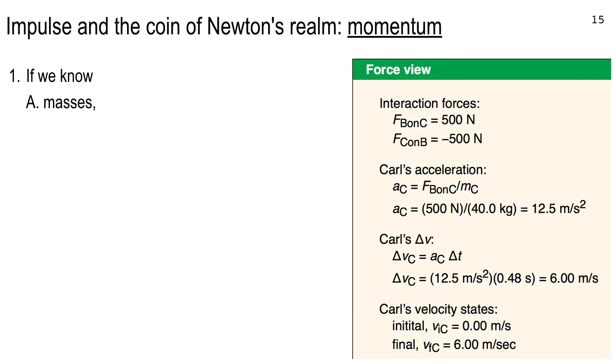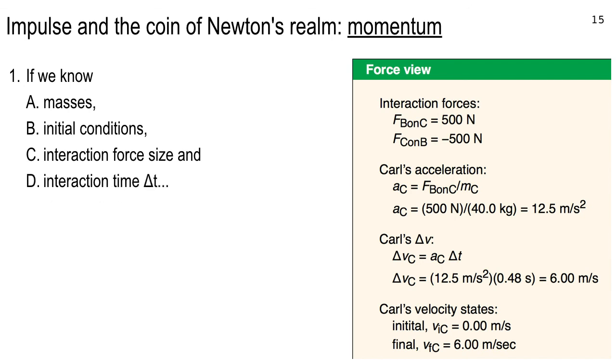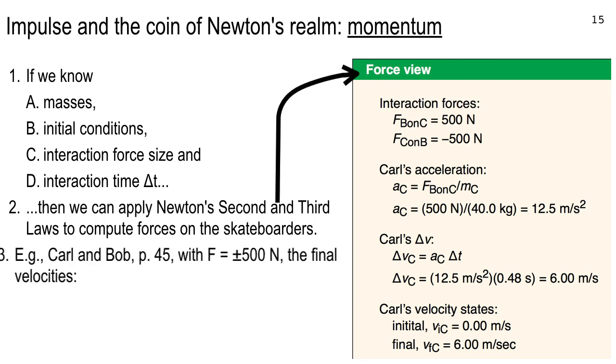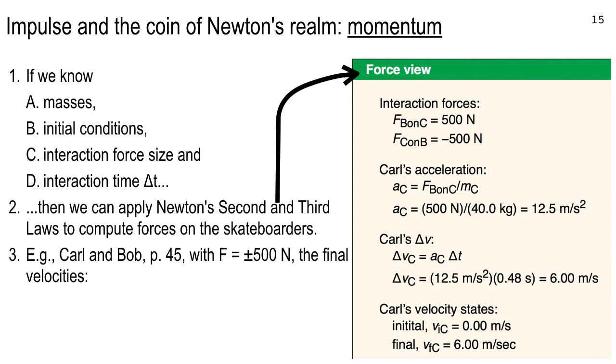It's a discussion of two skateboarders, Bob and Carl. And if you've read that, which you were supposed to do for the homework, you know that knowing the masses and the initial conditions, and then the size of the interaction force, and then the duration of the interaction, delta t, you can figure out, using Newton's second and third law, the forces and the accelerations in the force view,